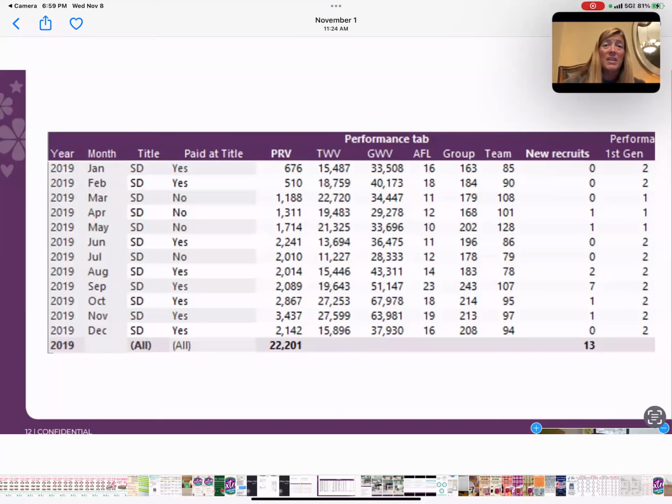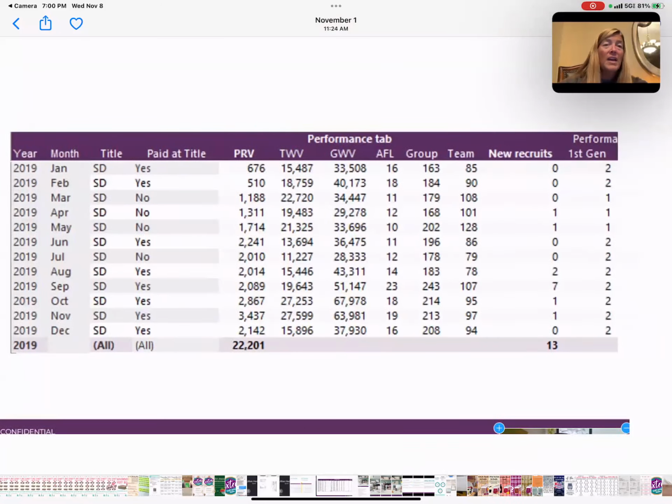And what was really interesting, June and July was just okay for me sponsoring too. But then August, September, October, a lot of those seeds that I had planted back in May, when I felt like the world was coming to an end and I'd lost my touch and I was never going to sponsor a new team member again, they've all started growing. So that's another reason why you have to stay consistent in doing the things that we know you need to do. So that's to give you some examples of how you can use this in some of the conversations that I would be having based on the data you see.